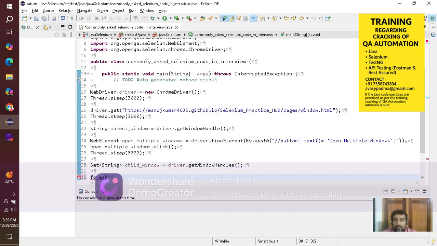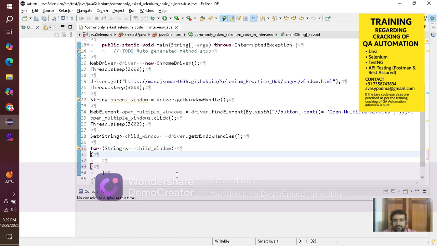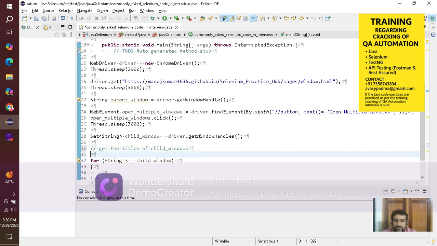I don't know, for each loop. Okay, so here you can give something x. So we have three different tasks, right? One is to get the titles of child windows,